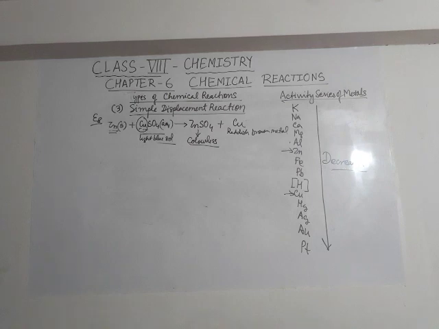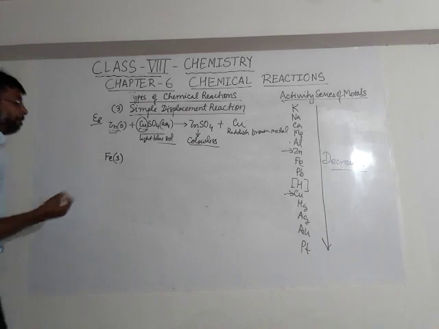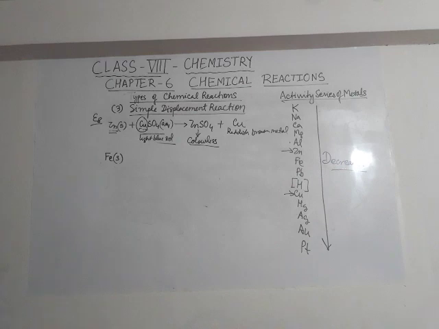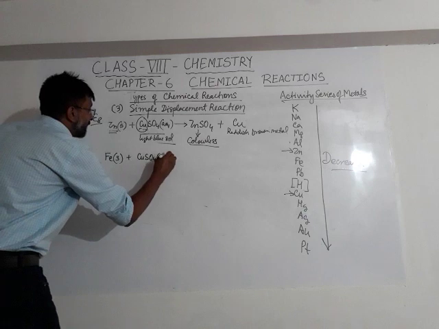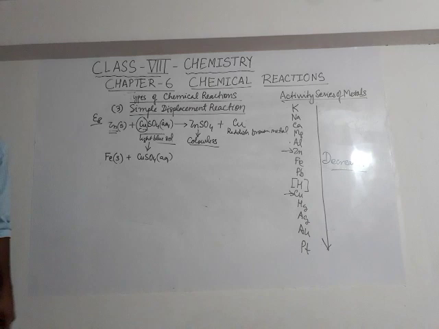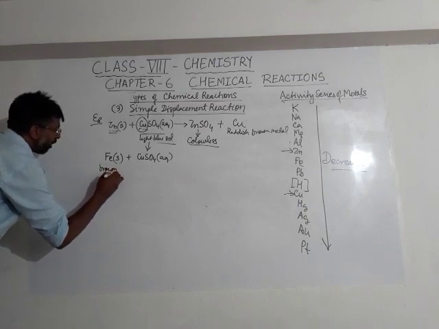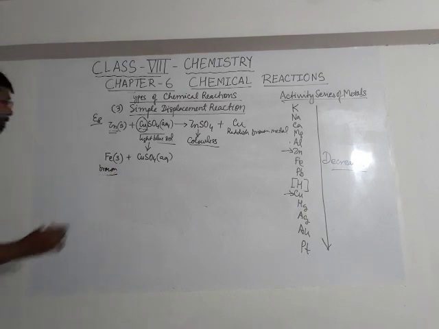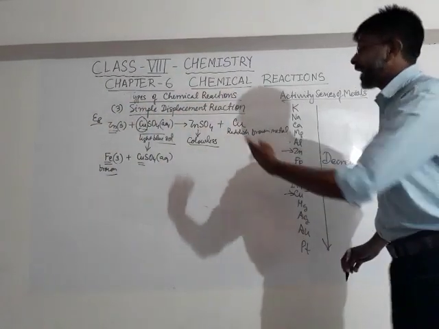The next example of simple displacement reaction is the reaction between metallic iron being reacted with again copper sulfate solution, CuSO4 solution. As I have already told you, copper sulfate solution is a light blue transparent solution, and the color of iron is slightly brown, deep brown we can say. So now let us compare the position of iron and copper in the activity series. Let us see whether this reaction will happen or not.